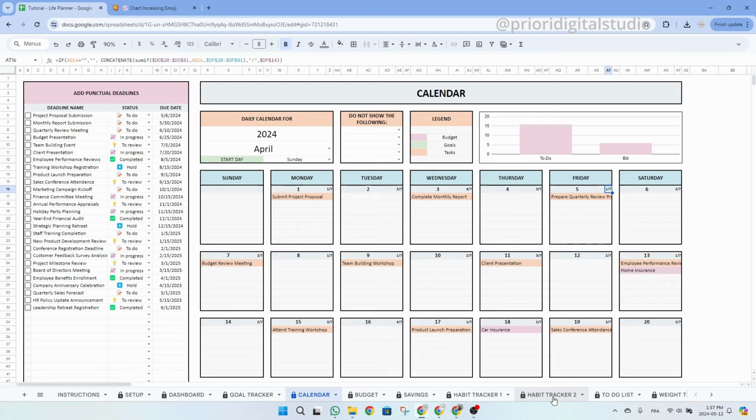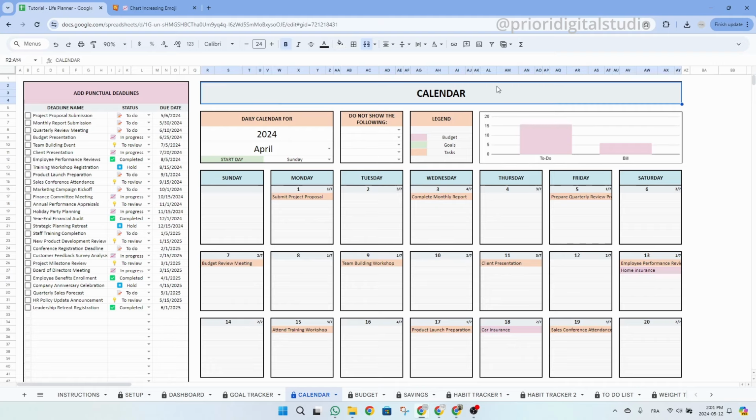If you prefer not to see some categories of tasks on the calendar, like your bills for example, you can easily filter them out by selecting your preferences in the drop-down menu. Same thing, the bills come from the budget tab that I will explain later. So as you can see, when you select something from the drop-down menu, it will remove it from your calendar. If you want to see it appear again, you can simply click on delete, and as you can see, your